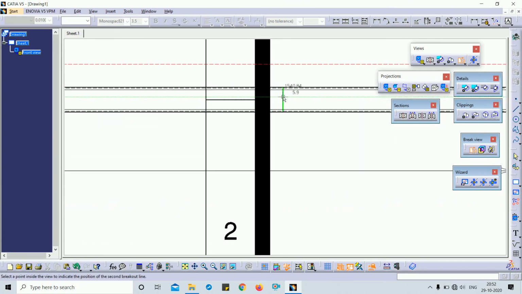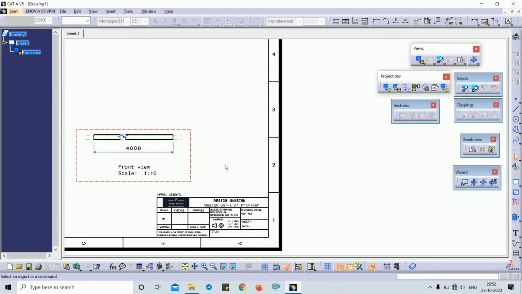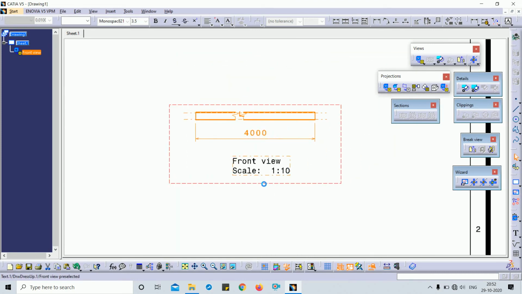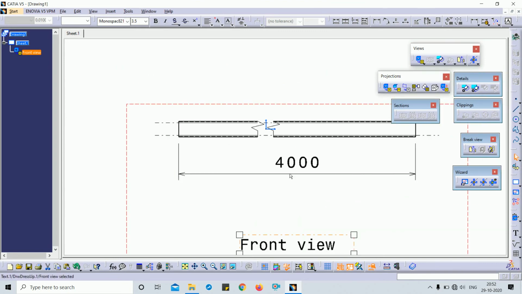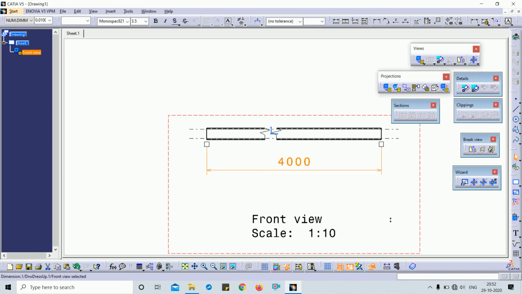Just click this line once and just click outside of the view. Here you can see the view is clearly put. Okay, so this is all about the broken view.